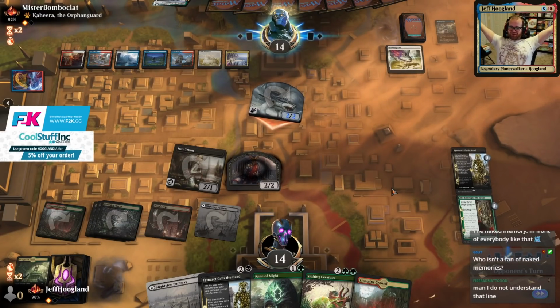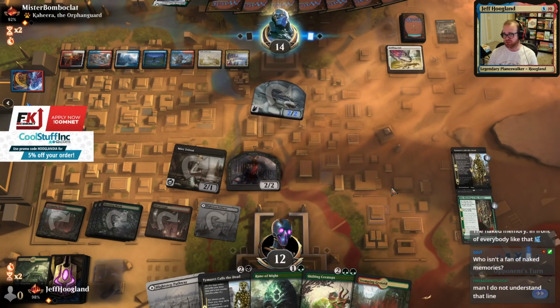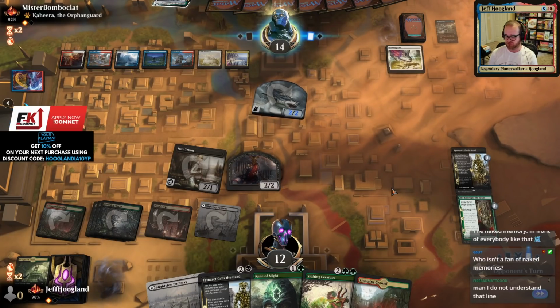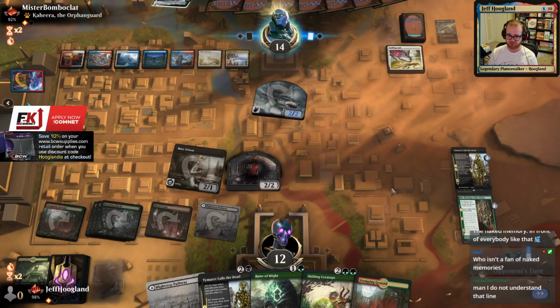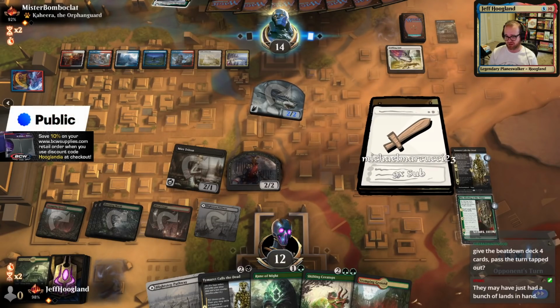Who isn't a fan of Naked Memories? Hey, maybe their hand was just atrocious. They did have more lands than me, so there is some value to them doing that because they're up on mana, if their hand is bad. And they knew I had a Questing Beast, so they knew I had at least one good card. If their hand didn't have an answer to Questing Beast, like...